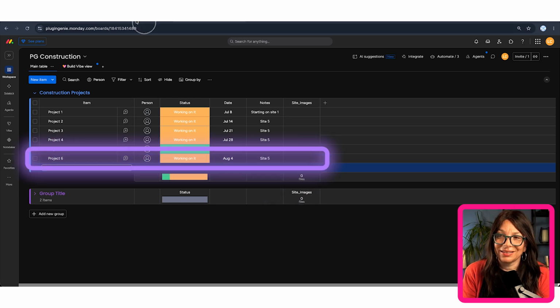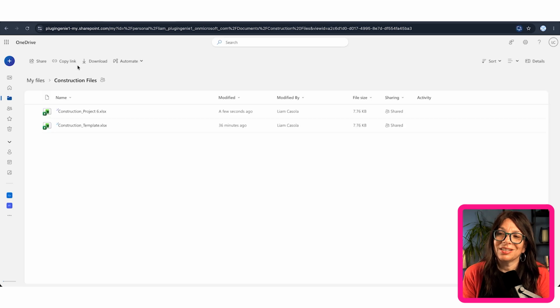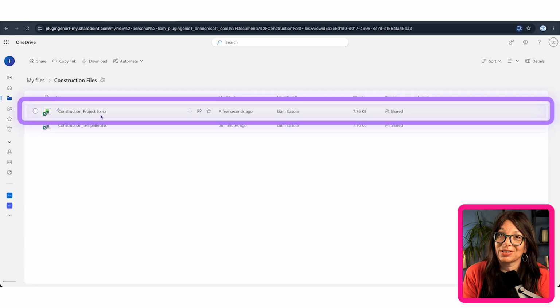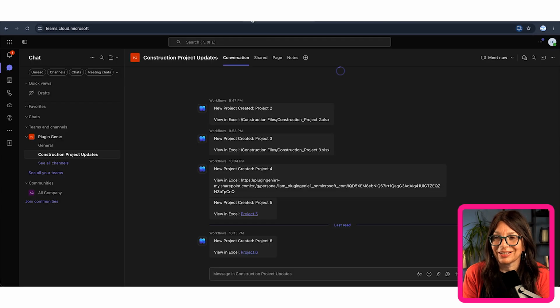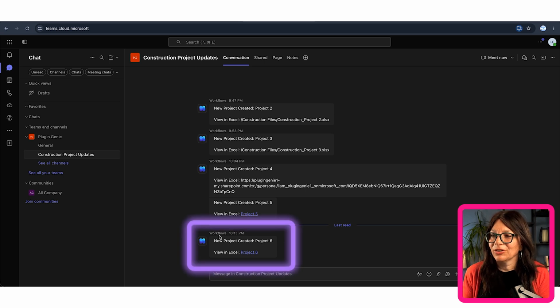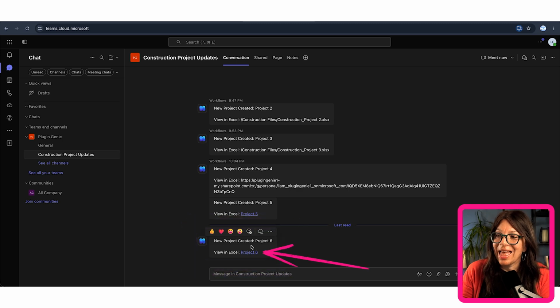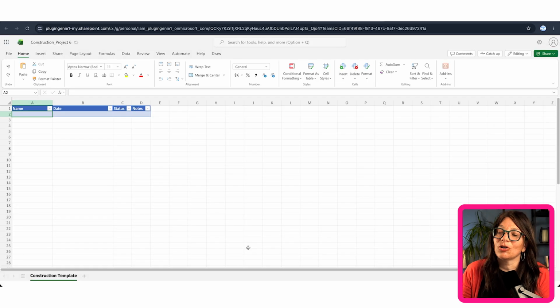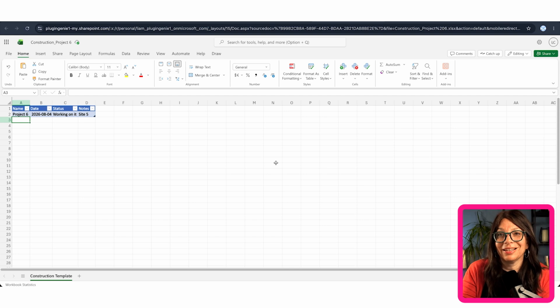Now, let's go back to Excel and we're just going to refresh. And you can see now we have project number 6. So the Excel was duplicated and a new one was created for project 6. And here within Teams, you can see that it says, here is a new project proposal for project number 6. And if I click on it, it's going to open up the new Excel and see the Excel has all